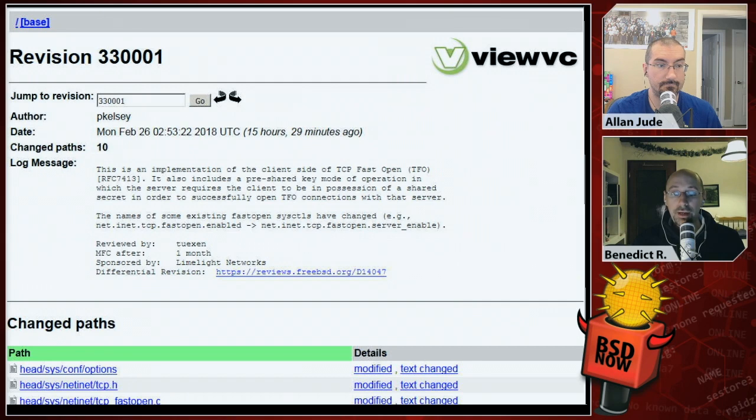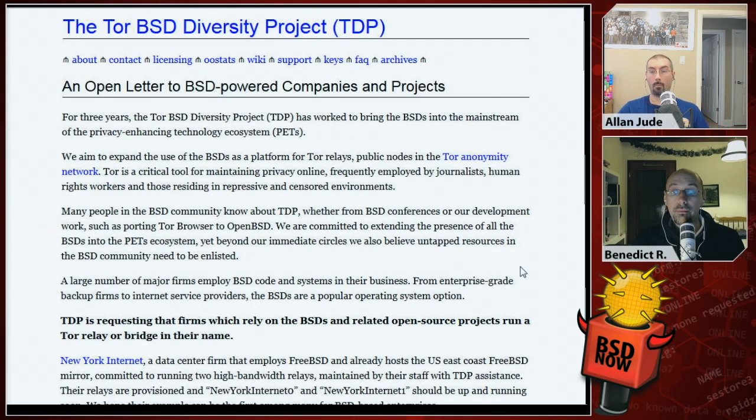Maybe for our next item, it might also be helpful. This is an open letter from the Tor BSD diversity project to help increase the Tor BSD project OS diversity of Tor nodes for your own safety and everyone else's. So, I guess we covered this before a little bit. Yeah, but this is now the 3-year anniversary of the Tor BSD diversity project